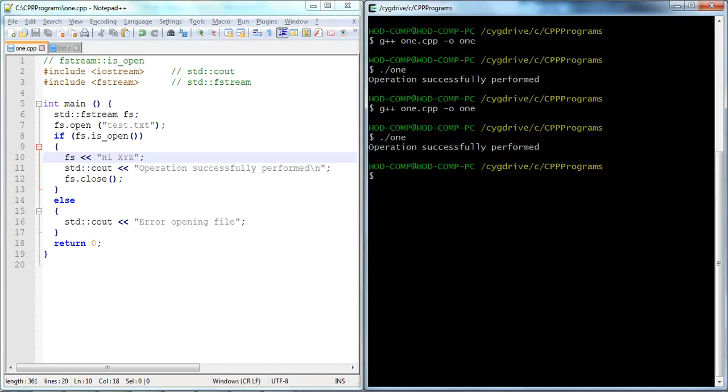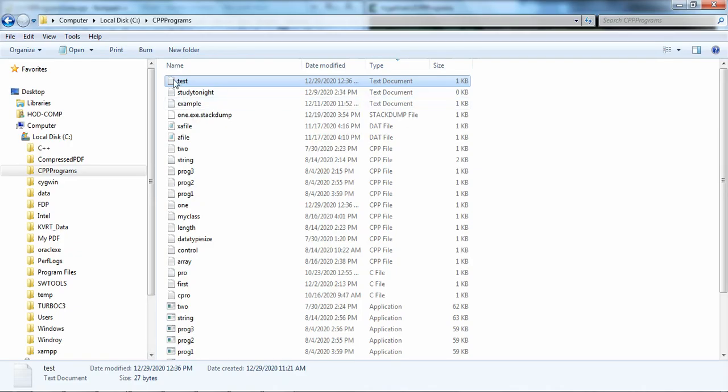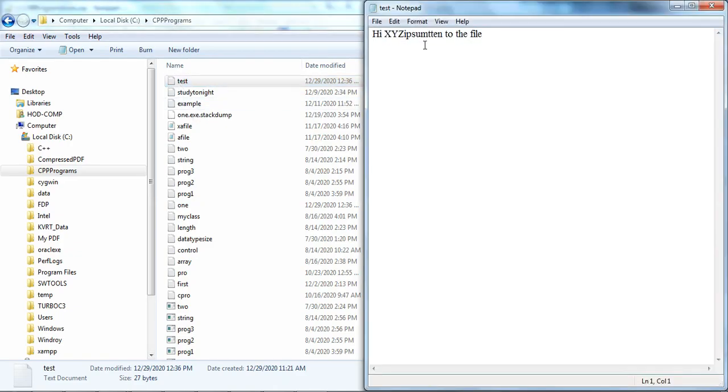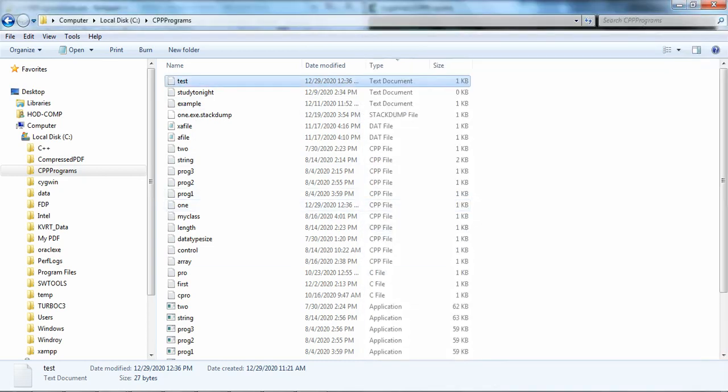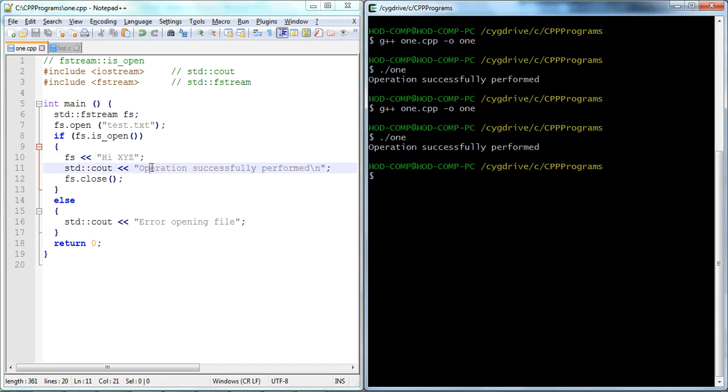That is updated in the file. The existing content is replaced with this, because the file is opened with the cursor at the initial position, that's why it overwrites. Then the operation is successfully executed and the file is closed.